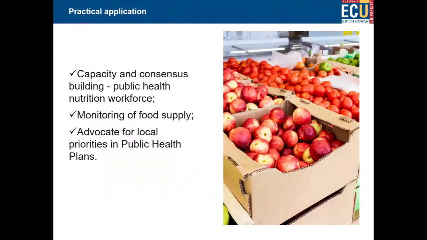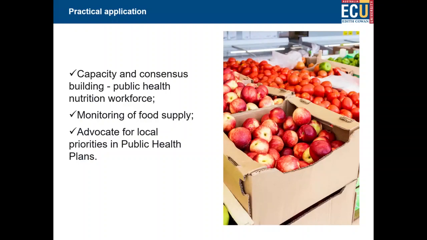So some practical application would be trying to get capacity building and consensus building in the public health nutrition workforce to really help with messaging around or advocacy for store policies or store changes, working with industry to do that, of course, because it's something that's really important to do collaboratively.